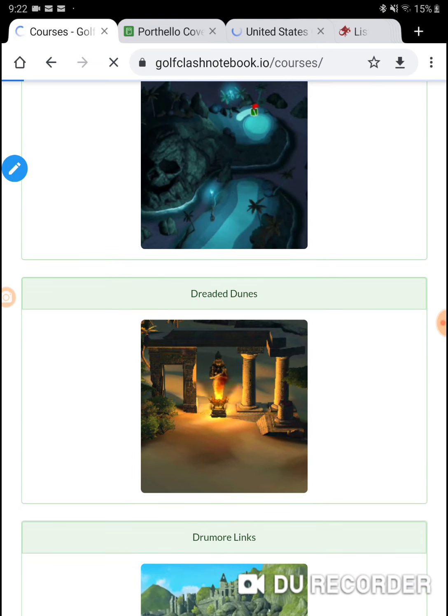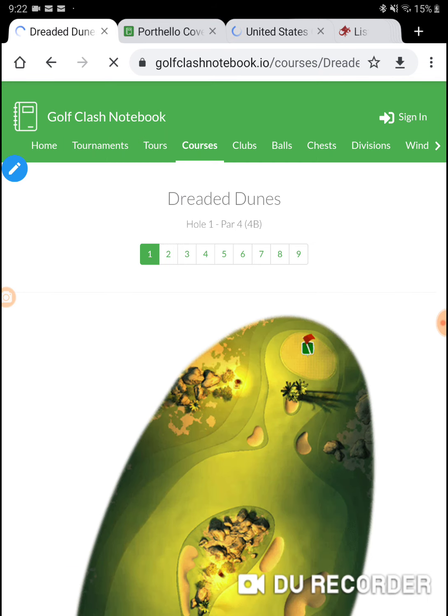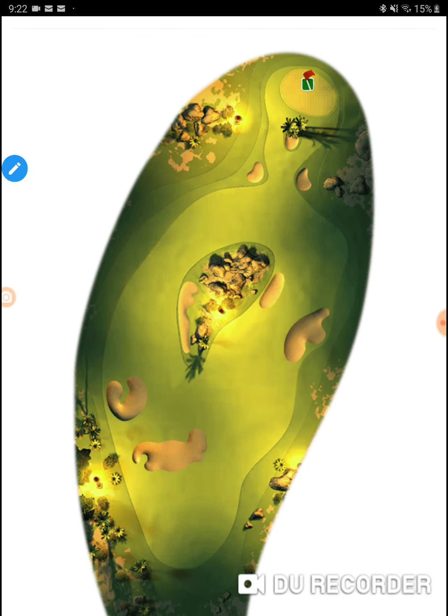Dreaded dunes. All right, we got a lot of stuff here. I set a 45-minute timer, so the timer will go off in 45 minutes and let me know I've got just a little bit of time to get these done. All right, what I was doing in the tournament, and what I have on my pre-weekend notes,